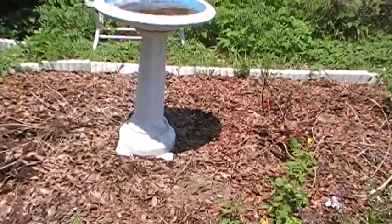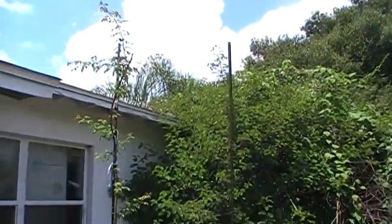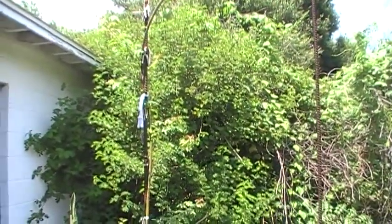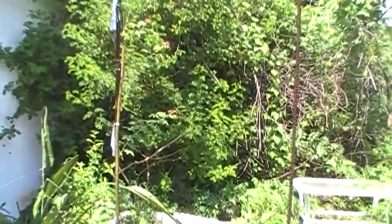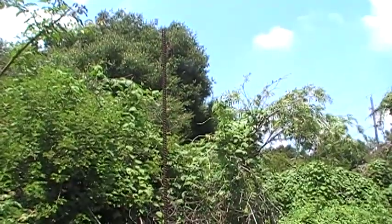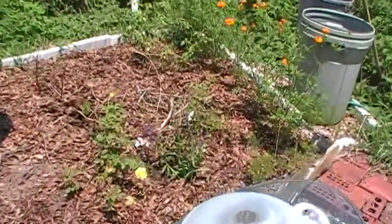The main focus of this little snippet was to show you the usefulness of rebar for training climbing and rambling roses. It's easy. I get the thicker diameter ones, 10 feet in length, I think $5.50 at Home Depot, and I pound them down 3 feet, and that leaves roughly 7 feet above the air. I have many of these around the yard, and they've been through a great many hurricanes, and there's no issue with that. I'll post a report in a couple months in this bed when all the roses are in